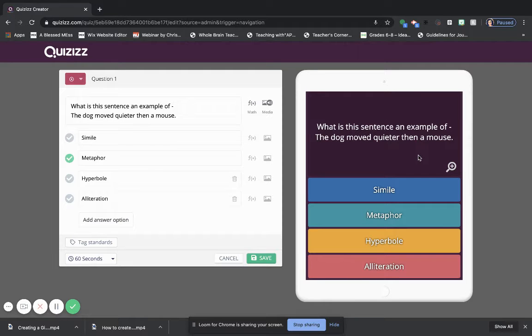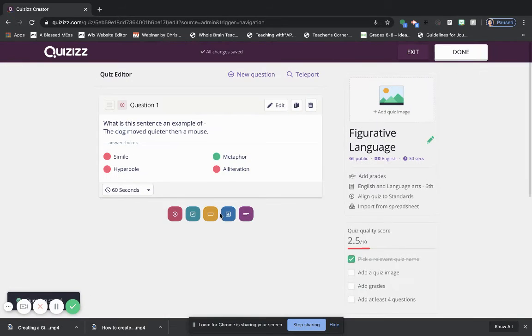This right here gives you a display of what your students would see if they are playing this on a device, an iPad or a phone. This is what they will see. So I'm going to save it. I can add